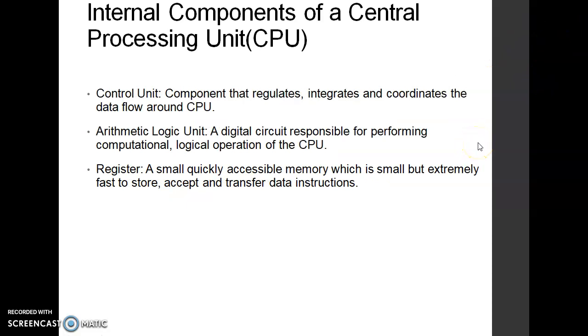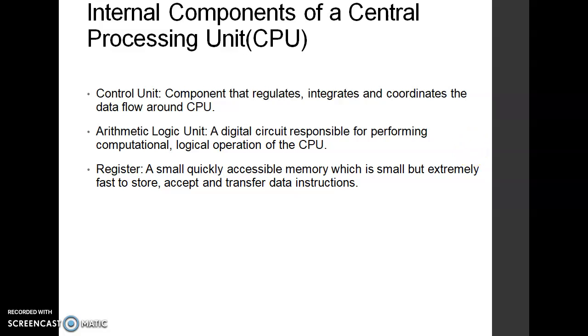First of all, we are going to look at internal components of a central processing unit, or we can call it as CPU. Control unit. First of all, the component that regulates, integrates and coordinates the data flow around the CPU is the control unit. Then there is the arithmetic logic unit, a digital circuit responsible for performing computational logical operation of the